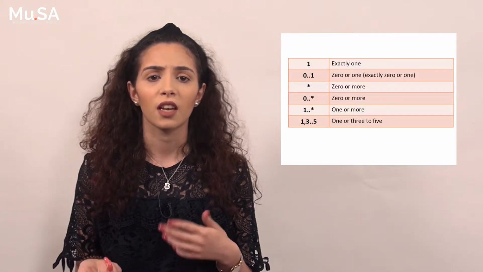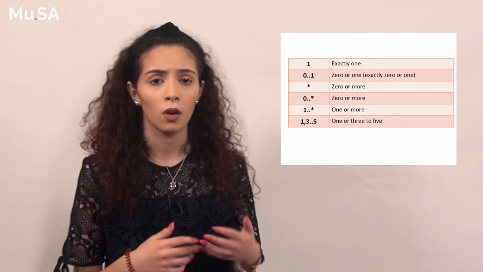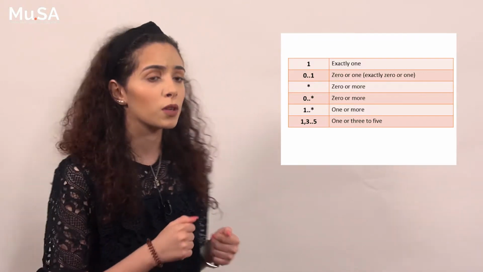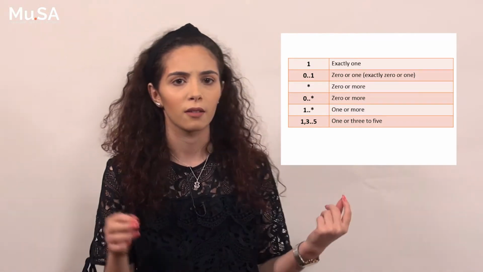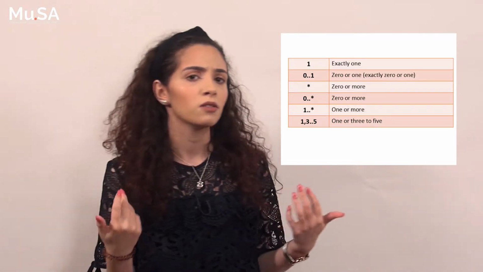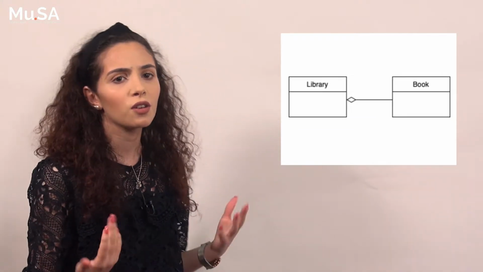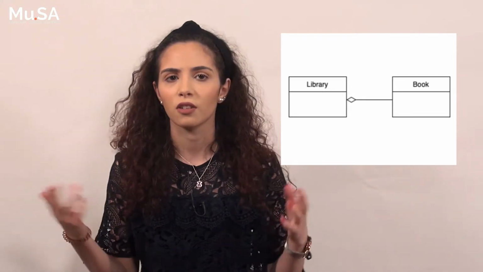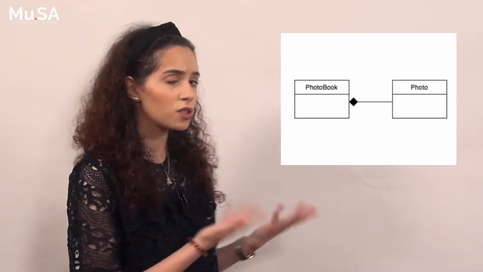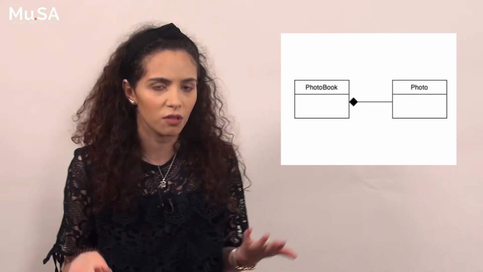And each association can have a certain multiplicity on each end of it, such as 1, that represents exactly 1, 0 or 1, 0 or more, represented by the asterisk, 1 or more, 1, 3 or 1, 3 or 5. There are also aggregations, associations, or stronger associations where one class is part of another, and composition associations represented by a filled diamond, which represent even a stronger relationship.